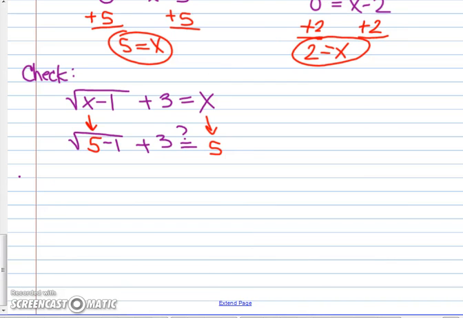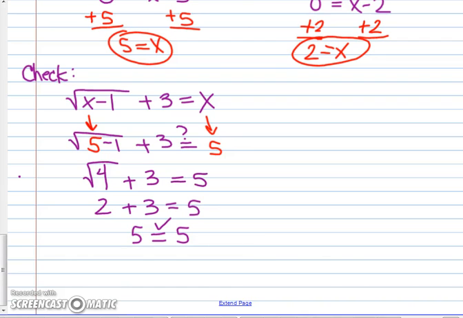What is 5 minus 1? 4. What's the square root of 4? 2. And then 2 plus 3 is 5. So are they equal to the right side? So what type of solution is it? It's a real solution. And right before I run out of time,